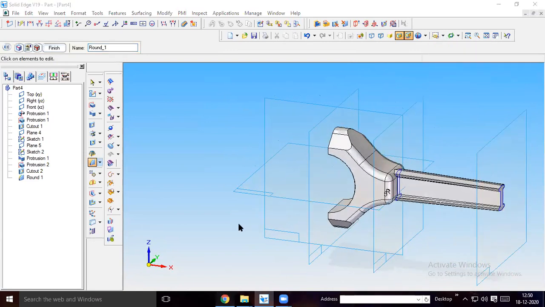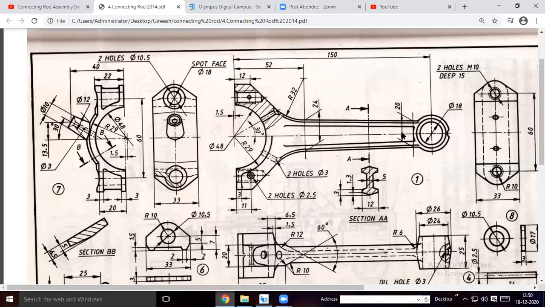So then let me construct this portion of the part. We will construct this. See here. So this is the portion you connect to the piston end. If you see from the top view, here you have this profile. So 25 mm length. This profile, if you do revolved protrusion from the top plane, then you will get this profile. Okay. This is a vertical hole. So select the top plane and draw this profile, and do revolved protrusion.